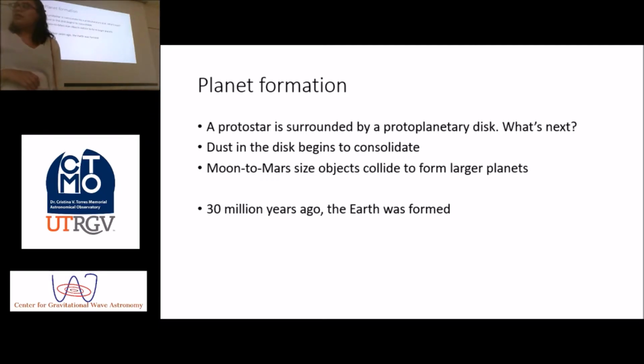Maybe it took 30 million years for a large-scale conglomeration. Could be that what it means is that in 30 million years the Earth as such was formed, going from dust to the actual age. Okay, thank you. And so, maybe it took 30 million years for the Earth to form in this way.